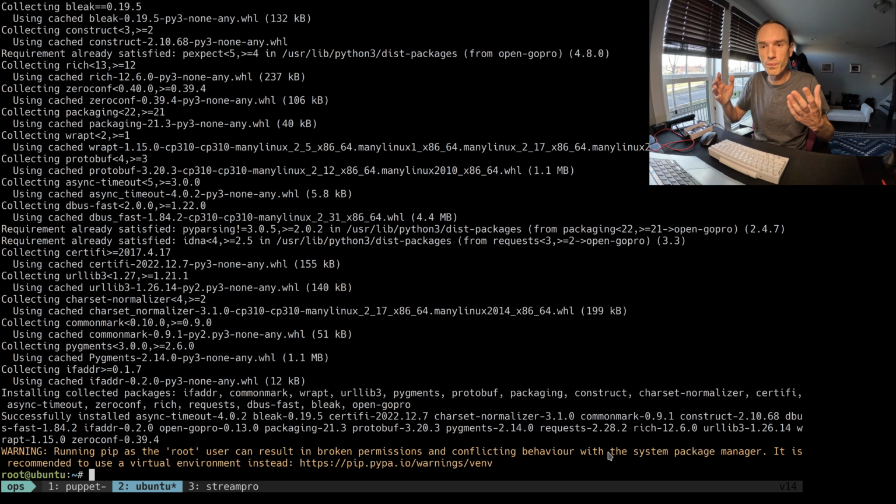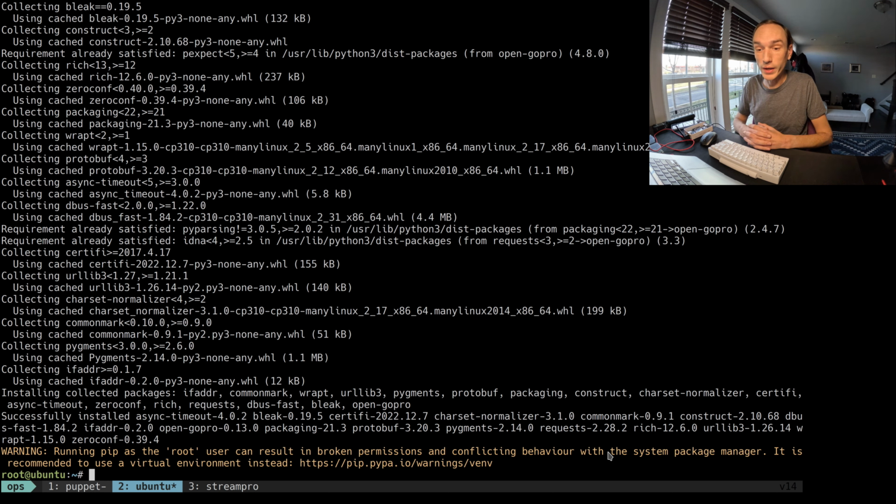A number of Python libraries are pre-installed by the operating system, and it varies by the operating system. Ubuntu is going to have a different way of managing Python packages than Red Hat. So using pip alongside the system package manager can result in undesirable behavior.